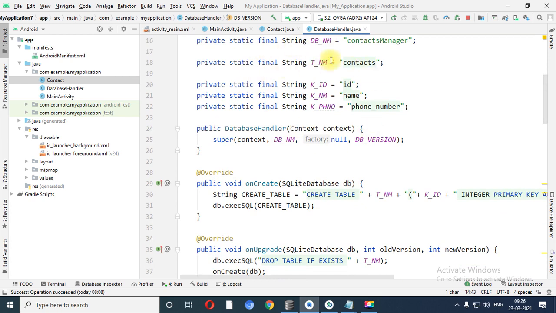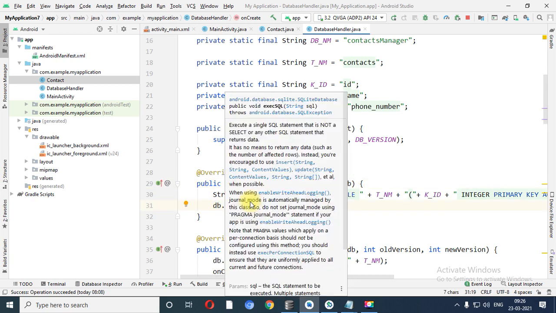When this particular Java file is executed, it will call the onCreate method. We have created the object of SQLiteDatabase, db, so db.execSQL is executed.